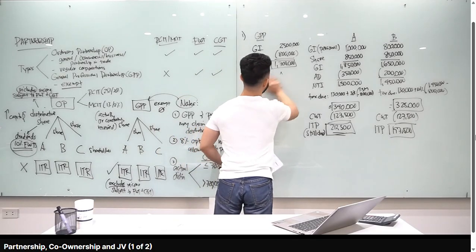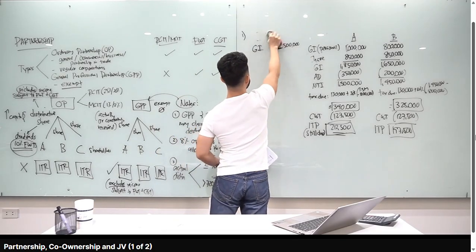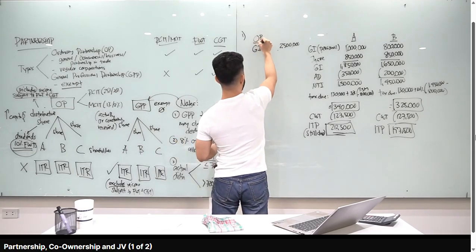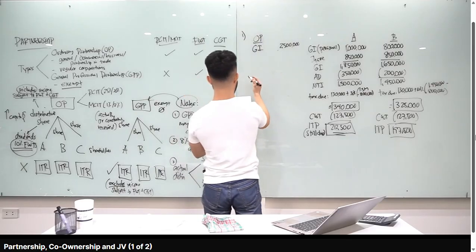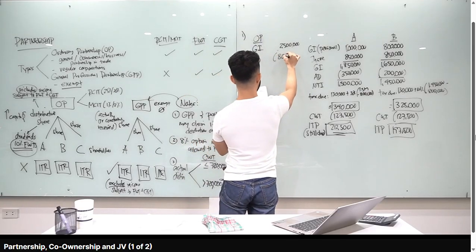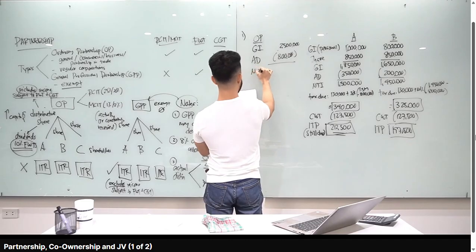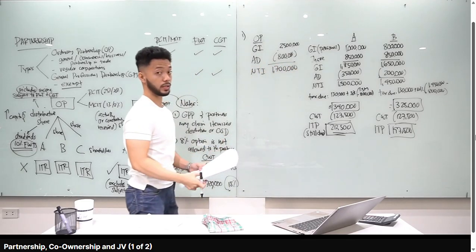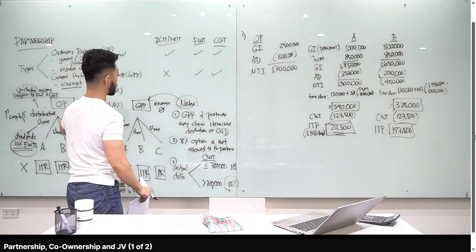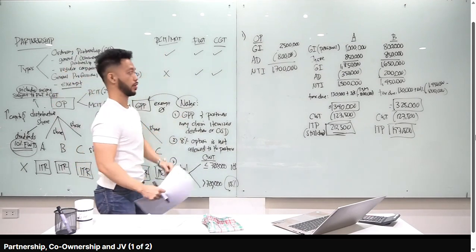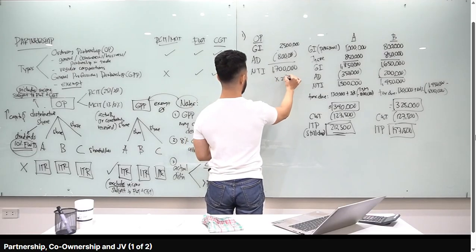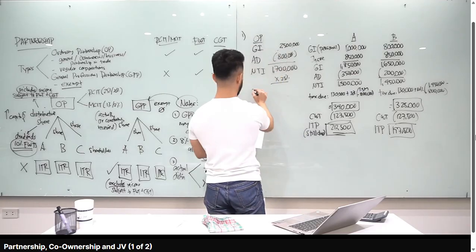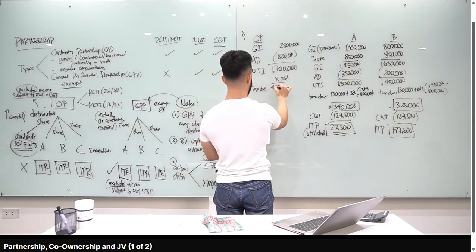Sagutan natin yan. Kapag ordinary partnership, so hindi na siya GPP, OP na siya, okay? Tignan natin yung difference. So kapag ordinary partnership, okay, meron kang gross income na 2.5 million, we have allowable deductions of 800,000, okay? We have net taxable income of 1.7 million. Okay, so net taxable income, kasi class, yung ordinary partnership is taxed as a regular corporation. Magbabayad siya ng RCIT or MCIT. So multiply natin by 25%. Okay, 1.7 million times 25%. Okay, you get yung income tax natin or tax due natin is 425,000.